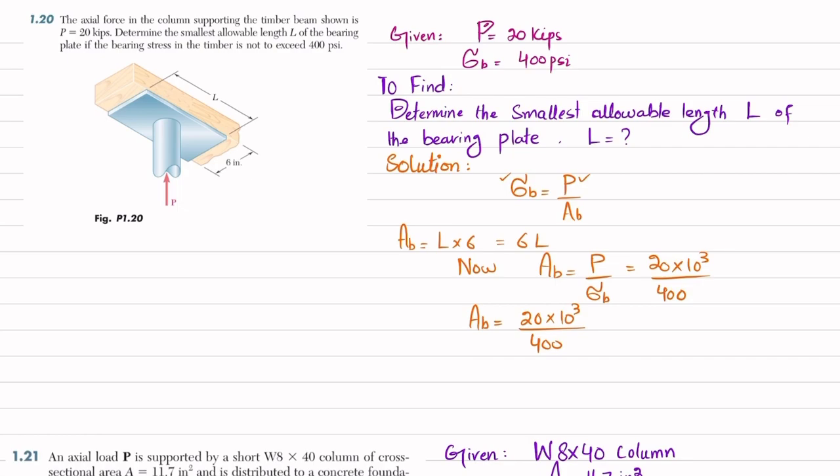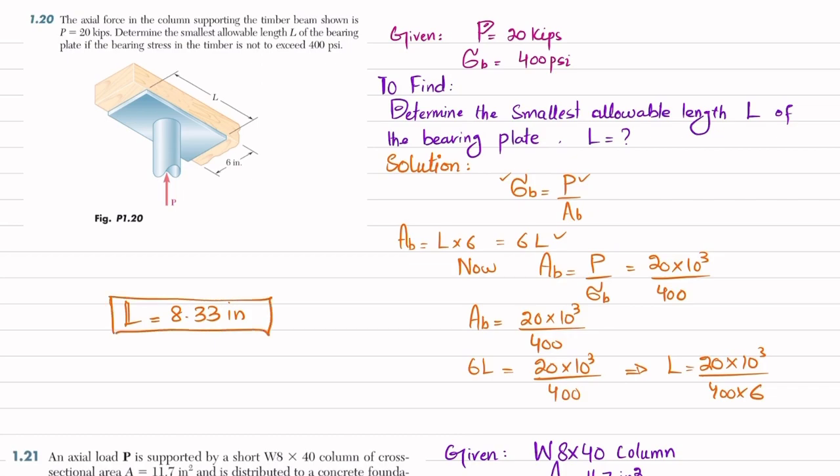We know that AB is equal to 6L. So 6L will be equal to 20 into 10 raised to power 3 divided by 400. From here you will get L equal to 20 into 10 raised to power 3 divided by 400 multiplied by 6. When you solve this, you will get the minimum length of the bearing plate equal to 8.33 inch, which is the answer of this question